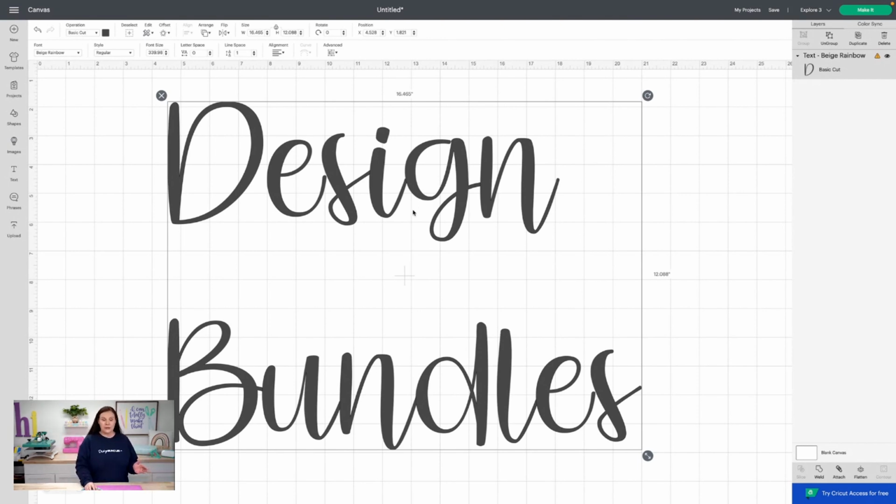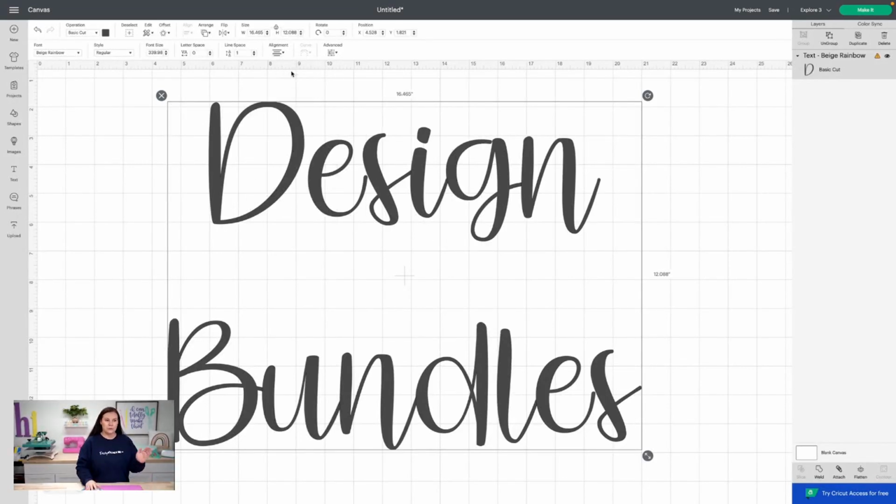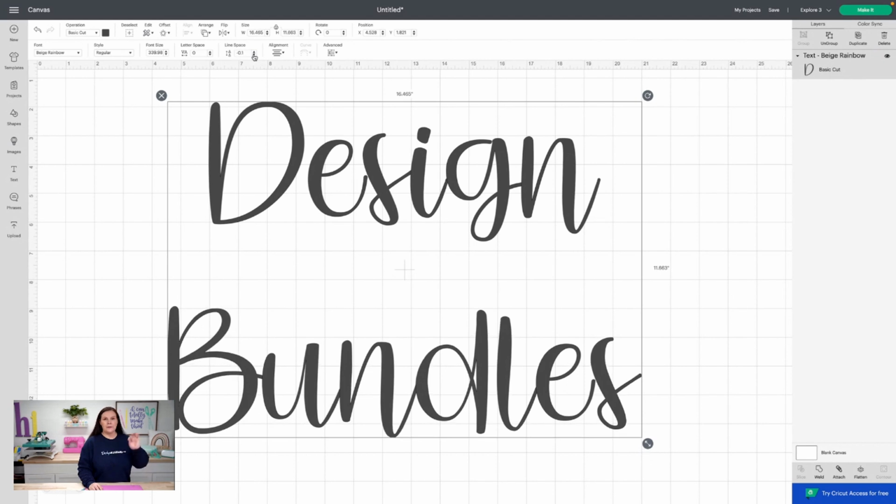So a few things that we can do. I want to actually move these in. So a couple things we can do. We can right here drop down to center, and that's going to kind of center those two. So you see how it's done. Now to bring that in, a couple different options, like I said, you can come to, see how there's letter spacing? There's also line spacing. So if you hit the down arrow here, you're going to be able to bring that in.